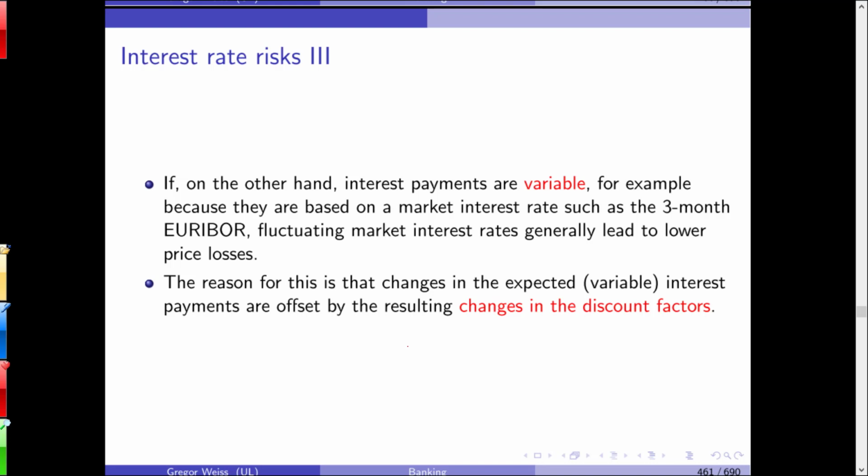Then, next scenario, you have what we call a floating rate agreement or a floater. You can obviously buy not just fixed income products, but you can also buy bonds and bond-like securities that pay out a variable interest rate. And if the interest rate is variable, we speak of a floating rate note or floating rate agreement, and those are just